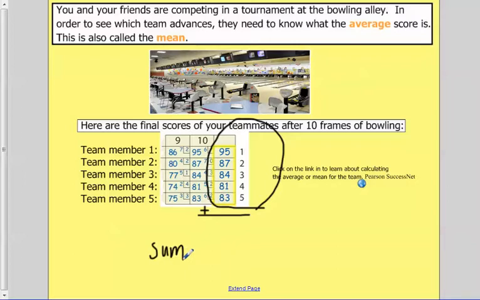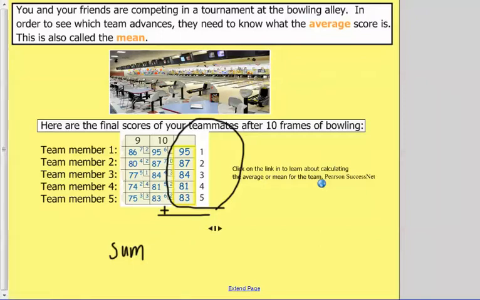You have that in your notes. That's number 1. And the second thing you do, the sum is 430. That's step 1. Step 2,